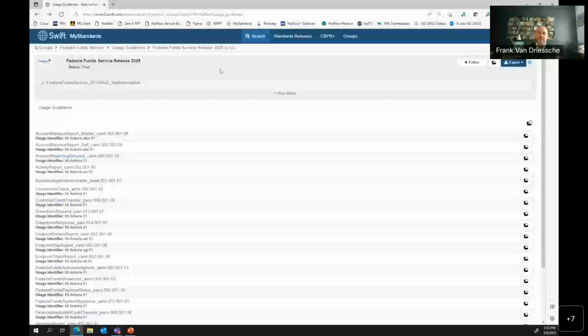Will mapping specs be provided between the legacy FAME format and ISO? We will train and work with you as much as possible. We have the synonyms for those of you getting ready for the Swift migration starting in March of this year, on the 20th, in less than 2 weeks' time. You know that we have provided mapping tables there, how to map ISO into Fedwire Funds messages as they are sent in the